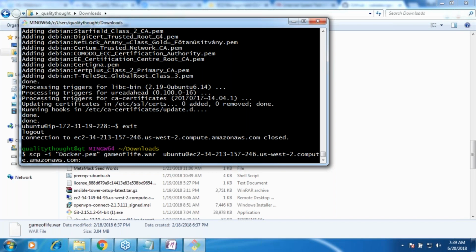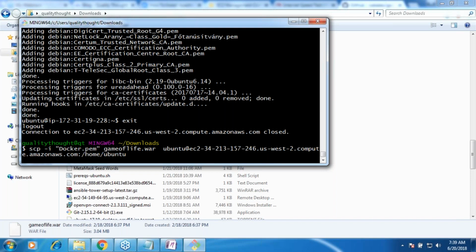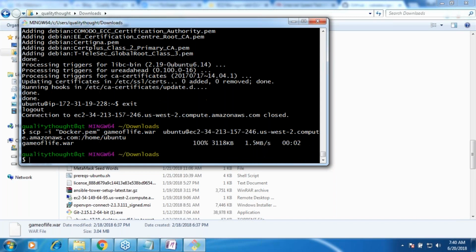I want to copy this WAR file into a path. Did the SCP command copy it or not?